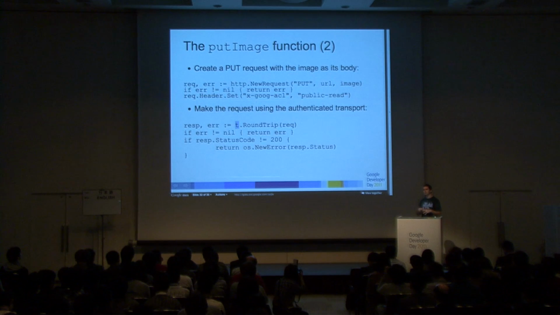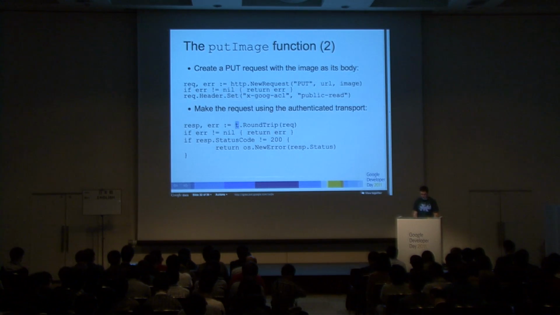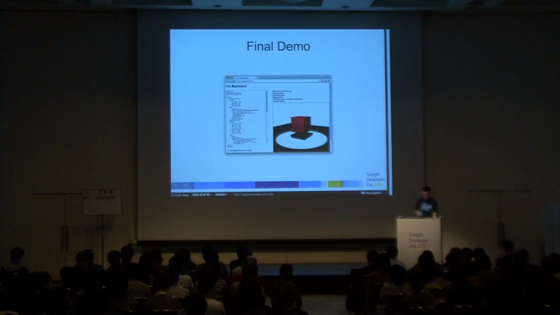So I've kind of skimmed over a little of the OAuth flow stuff, but there's a video of Rob Pike and I at Google I/O this year called Mustachio, that has a much more in-depth explanation of OAuth authentication. So just to recap,